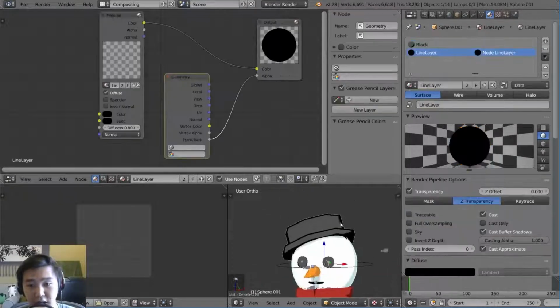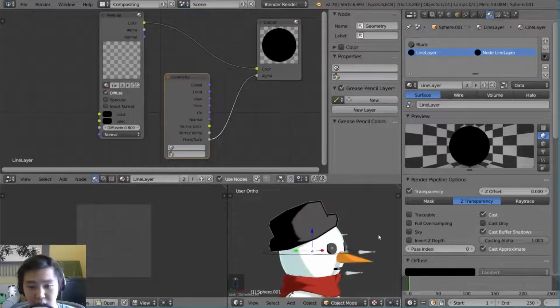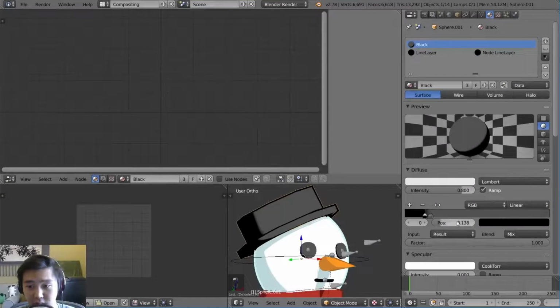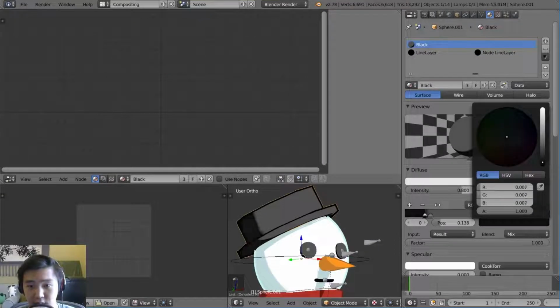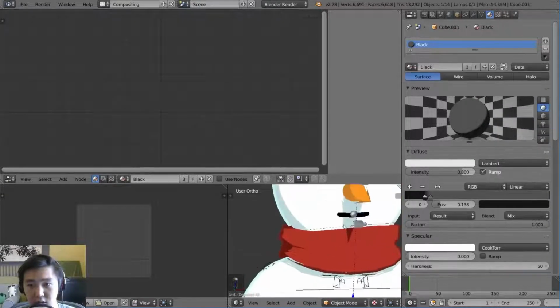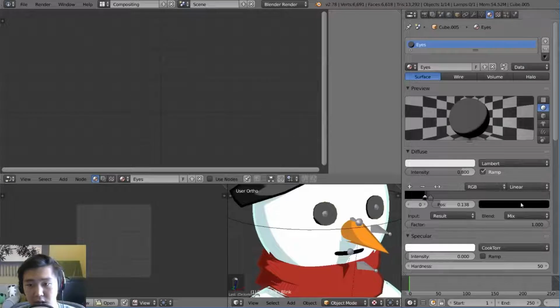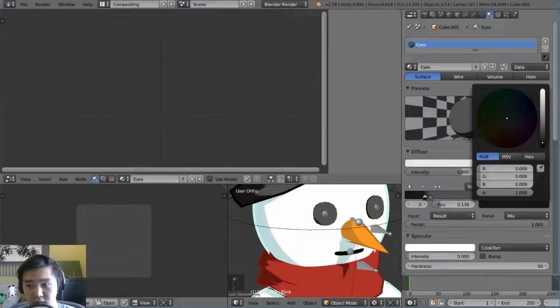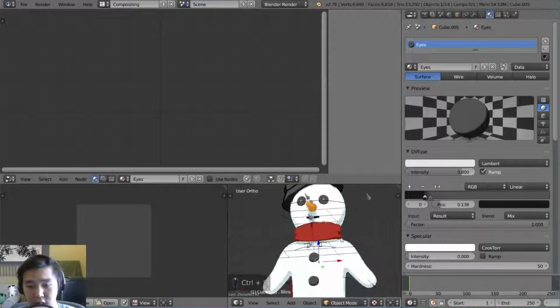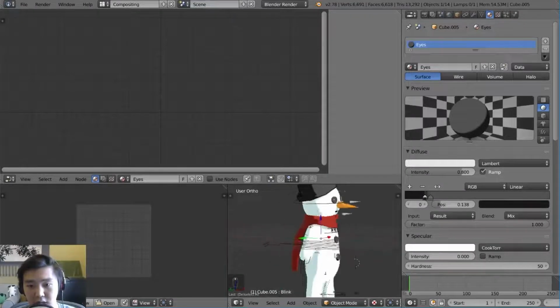I think for the hat, obviously we do want black. I am totally okay with that. So no complaints there, although what I am going to do is make the black shadows not as black, so we'll make it a near black kind of color. And I believe that shares with that. And for the eyes, we'll go and do the same thing just because they are separate, but I want them to have the same look and feel. So cool, we got that done.